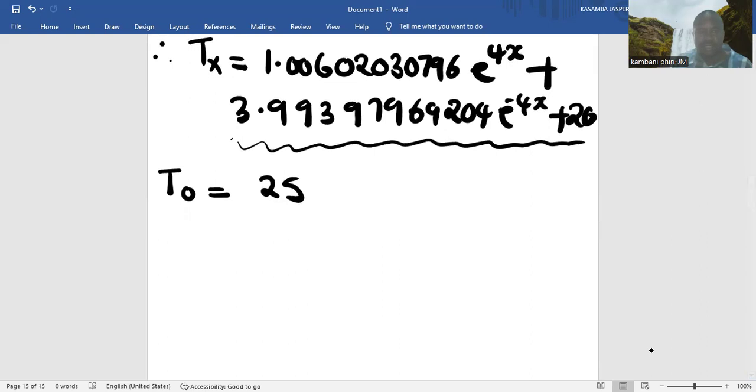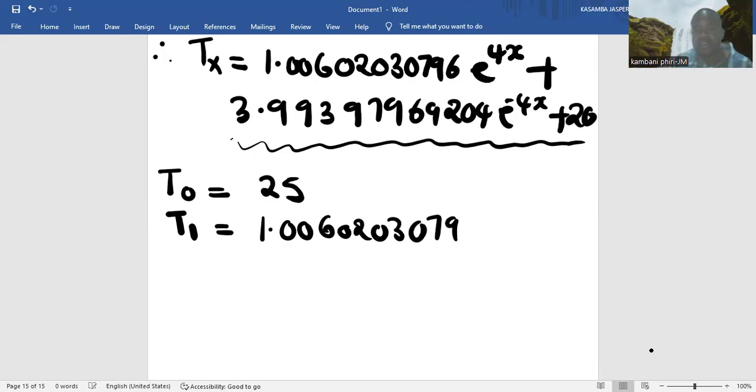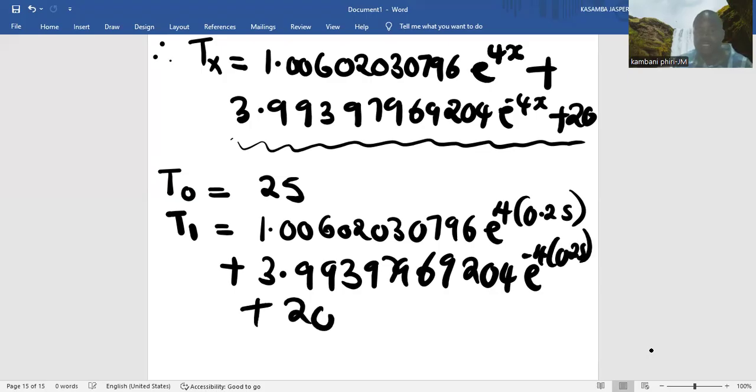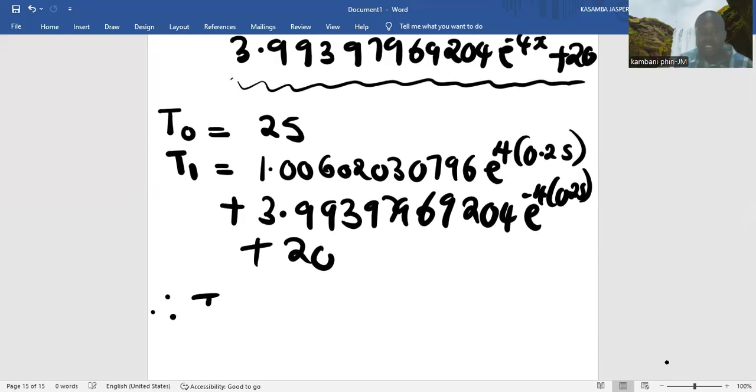Then our T1, what is X1? Our X1 is 0.25. So when you replace here with 0.25, in e to the 4 times 0.25 plus e to the negative 4 times 0.25 plus 20, it simply means your T1 will be